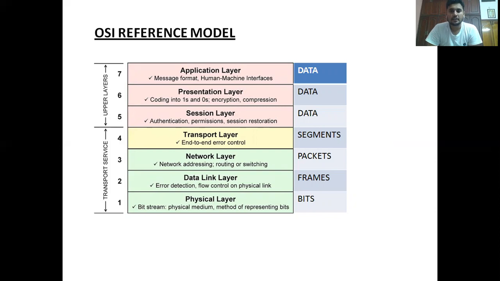Okay, so initially the physical connection establishment is done at the physical layer, where the raw bits of data are connected. Then the raw bits are converted into frames. Thereafter, the third layer is the network layer. The responsibility of the network layer is to identify the destination address. The backbone of this reference model is the network layer.